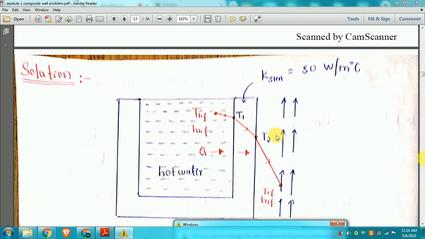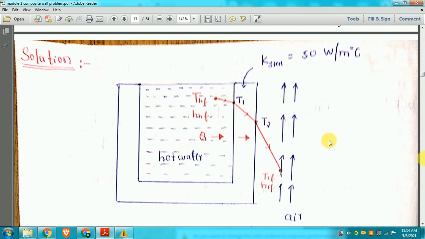How to find out T2? You can use the equation what you have told, but the value of T1 we don't know. Can we find the value of T1? Is there any solution? How to find out the value of T1? If you can tell me, then.